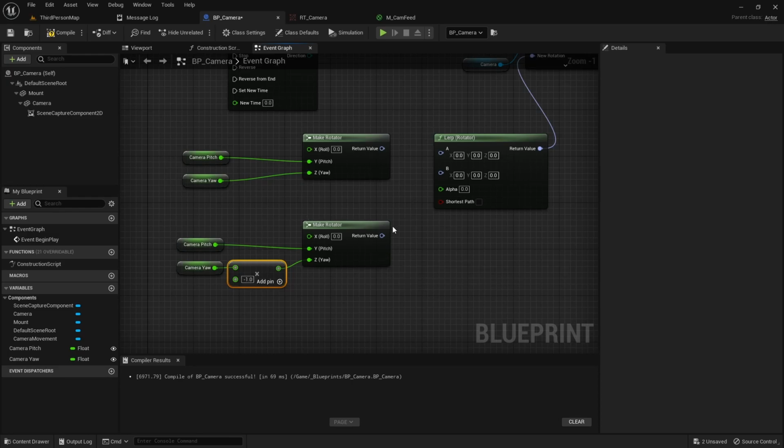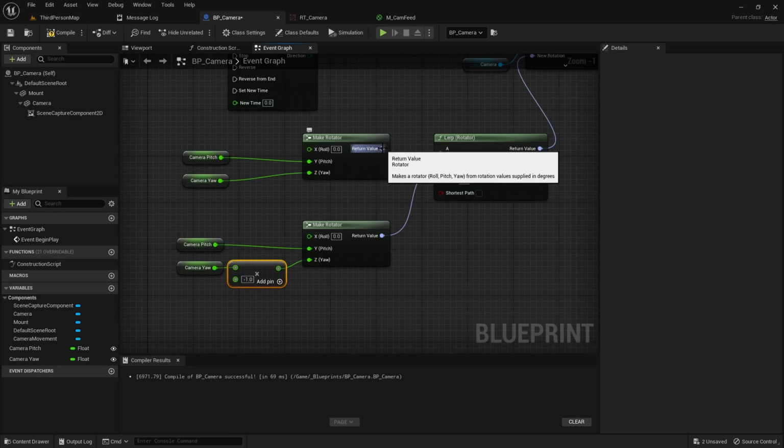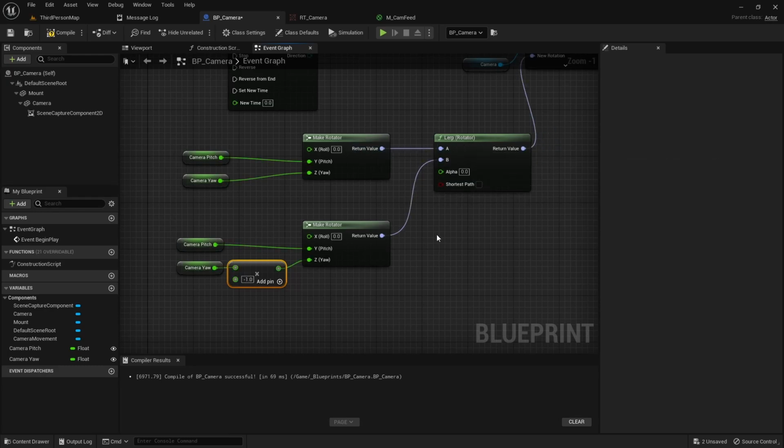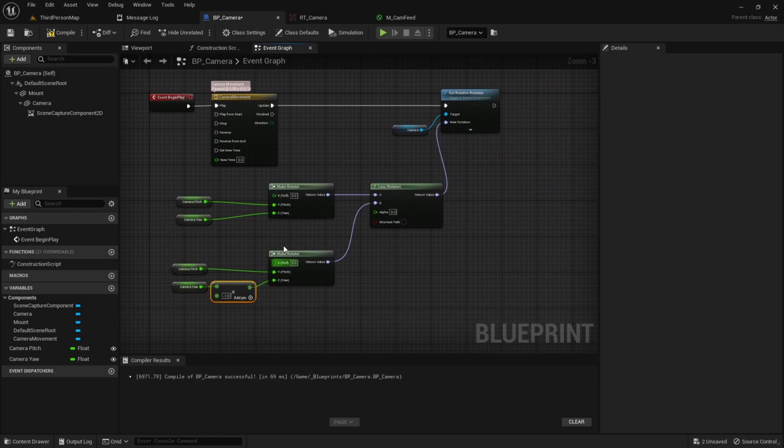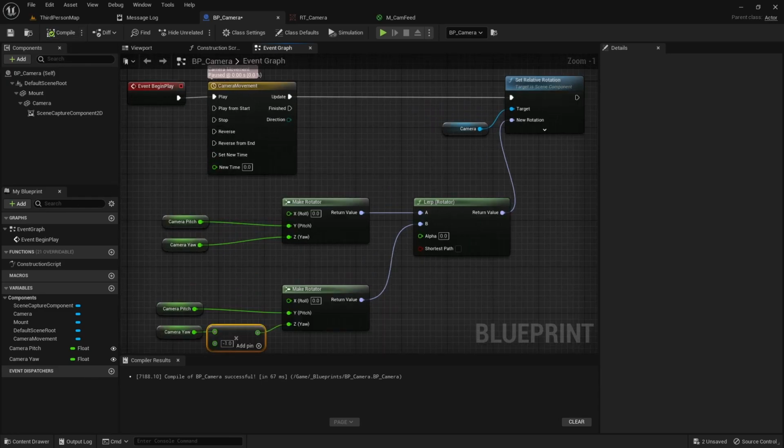All right, and then from there we can plug in our bottom rotator into the lerp, and then our top rotator. And that's gonna basically be our values for that. So pretty simple setup. This will be the majority of the code just for the swinging, but we still need to set up our timeline because we haven't done that yet. So let's